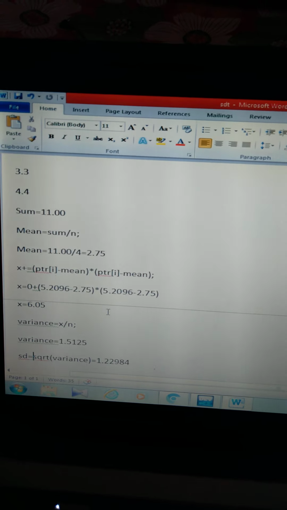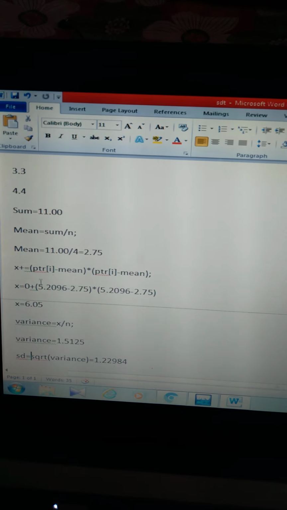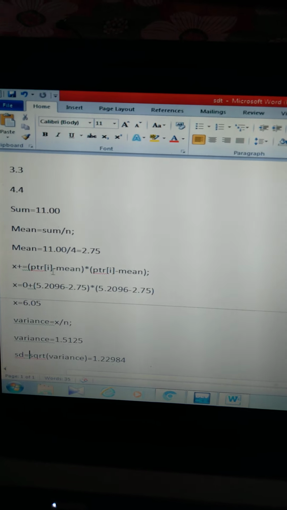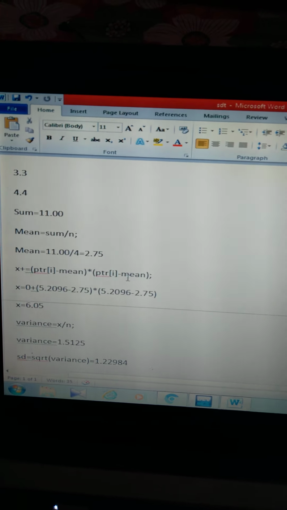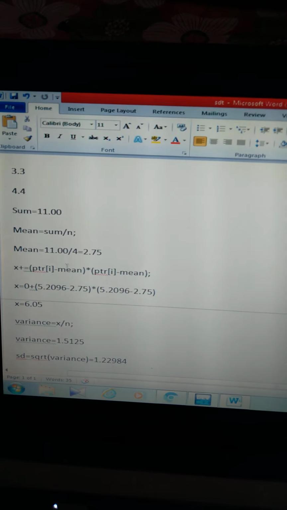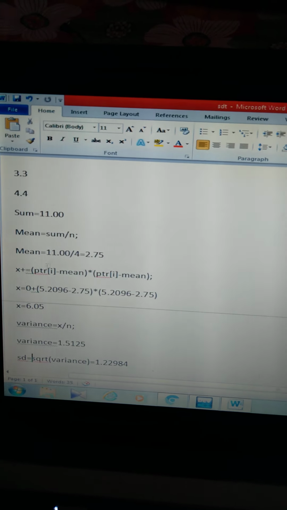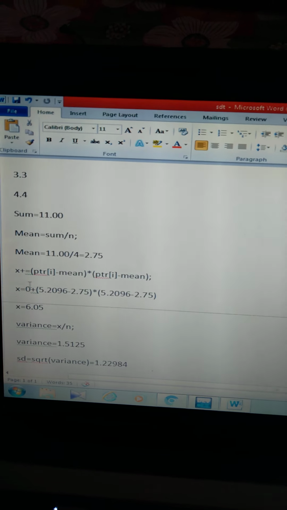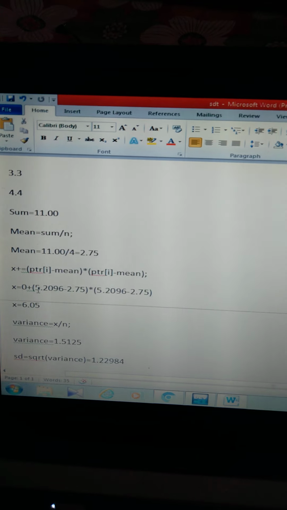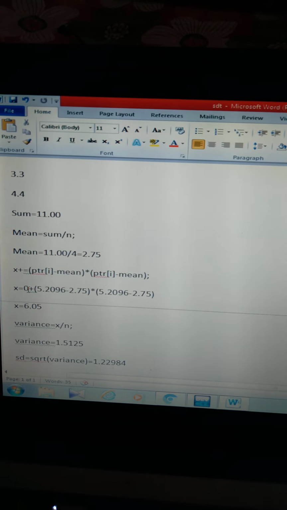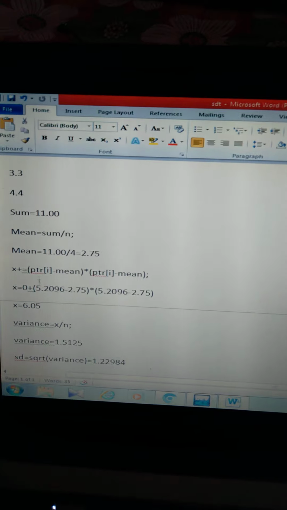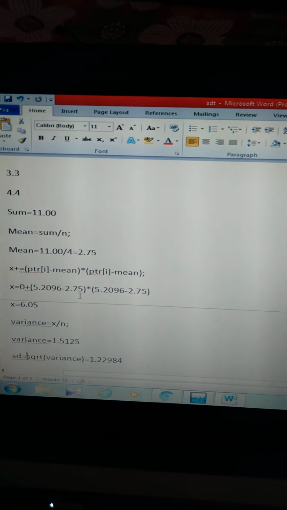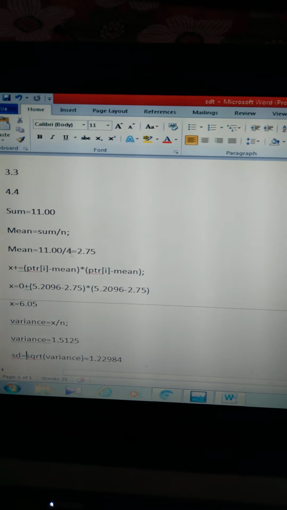Now for calculating variance, we have to calculate the x variable here, which is initialized to 0. Then x is equal to x plus pointer of i minus mean, star, pointer of i minus mean. This is nothing but the array converted to pointer form here. Then x, the initial value is 0, plus the new value of x is equal to the initial value of 0 plus this pointer of i value becomes 5.2096 minus 2.75, the mean value we have got here.